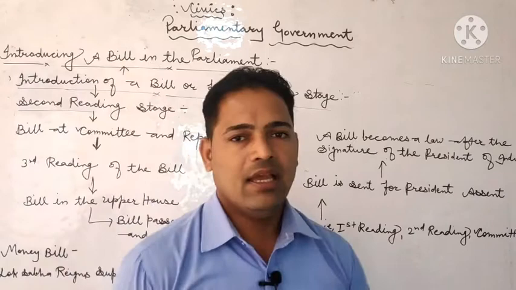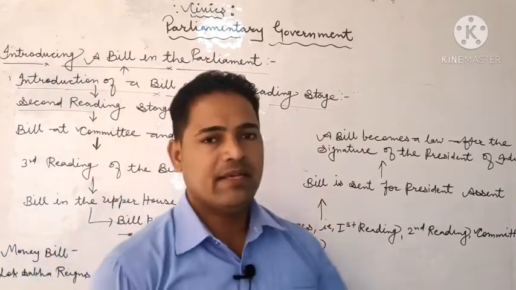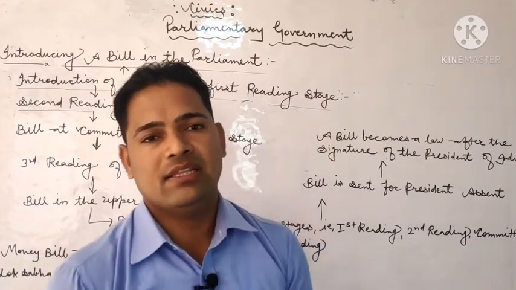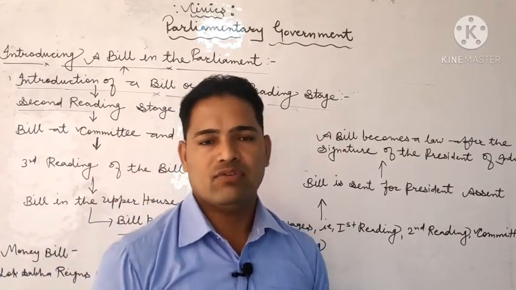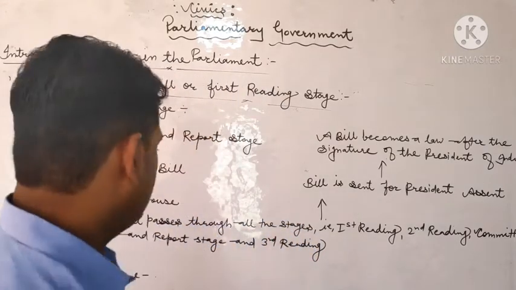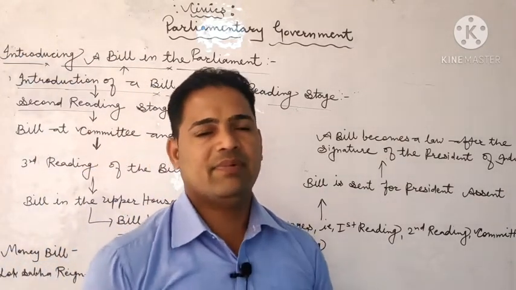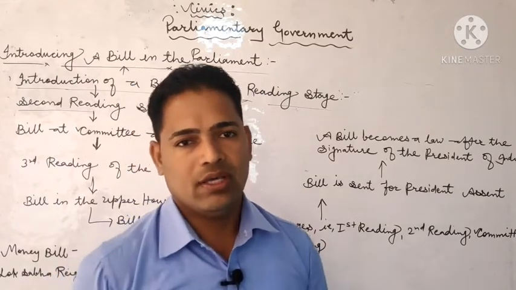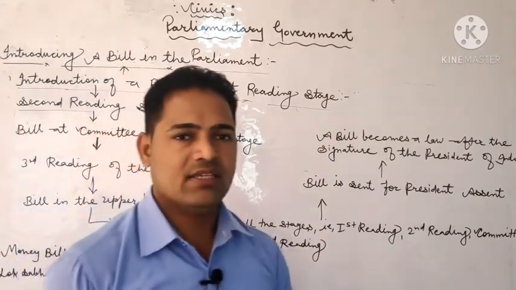The bill goes to the upper house, that is Rajya Sabha. If the bill is approved in Lok Sabha, that they all agree, then the bill is sent for approval in the Rajya Sabha also. All the Rajya Sabha members will go through the bill. If the majority in both the houses is there, then finally the bill is sent for the approval of the president. And once the president signs, the bill is changed into a law. These are the different stages of a bill being changed into a law.